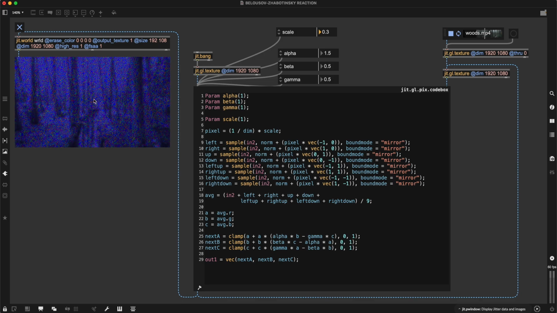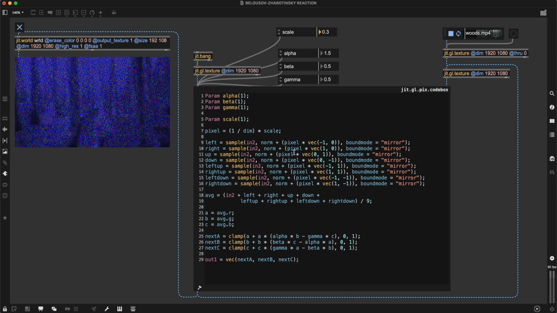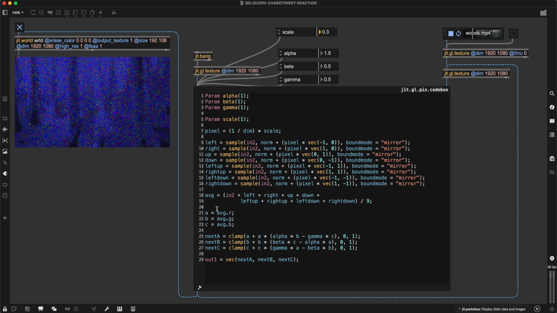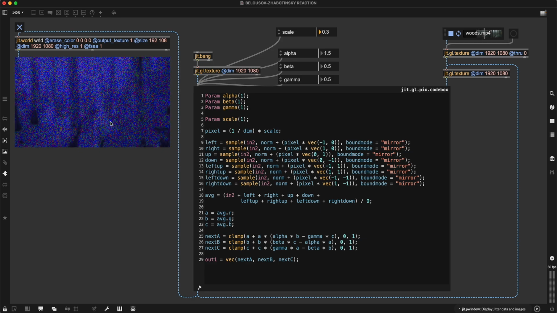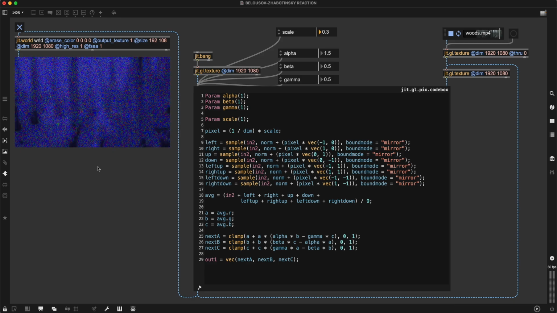Okay, this is it for the second part. We've successfully implemented the code. But now we want to look more into the color side of things, because as you can see now, A, B, and C just represent the red, green, and blue channel. But we could also do something like just looking at the red channel and controlling the color output with just the information of the red channel. So to do this,